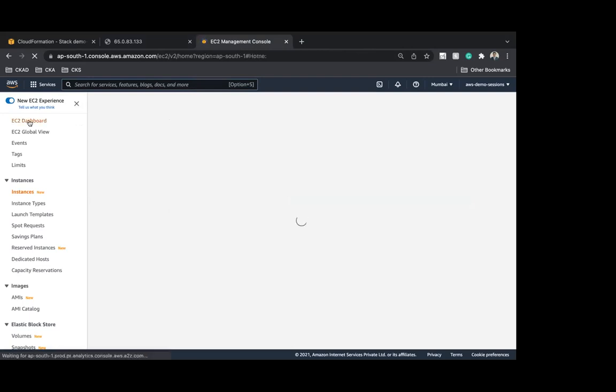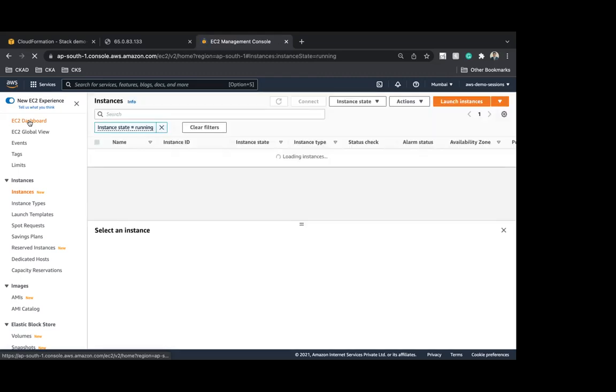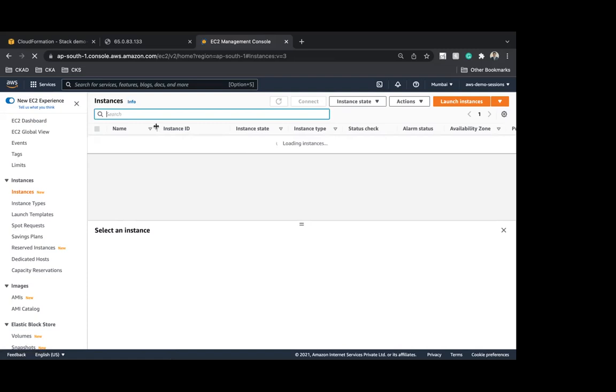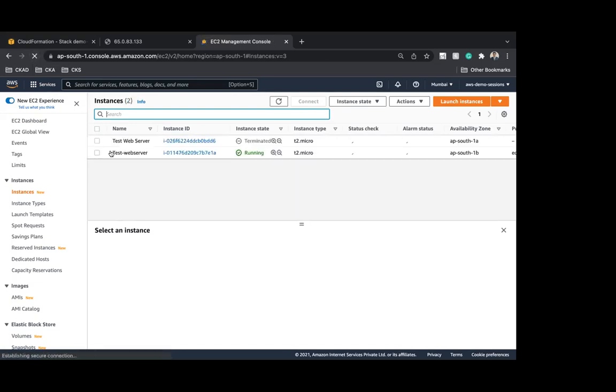If I go to the dashboard, as you can see, one web server is terminated.